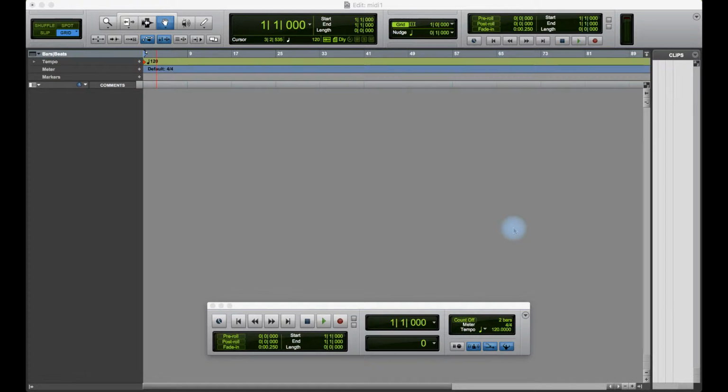So MIDI stands for Musical Instrument Digital Interface. MIDI data is not audio data, rather it represents performance parameters, so information about which notes are played when and how hard the keys are pressed and so on. So it does not represent sound waves. And we have up to 16 channels of MIDI data which can be sent through a single MIDI cable or